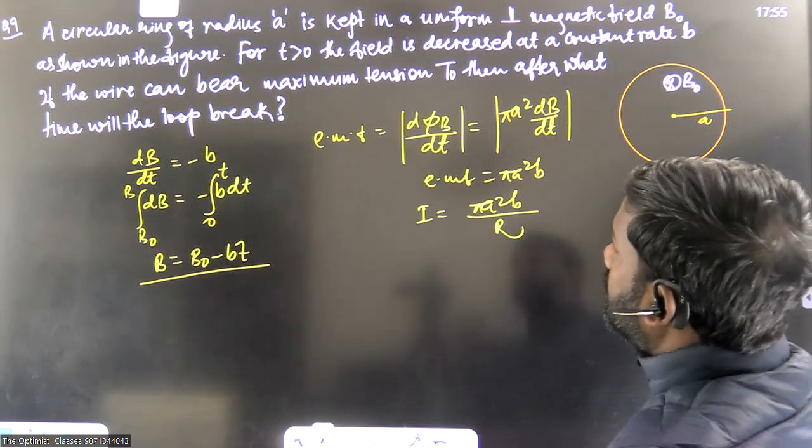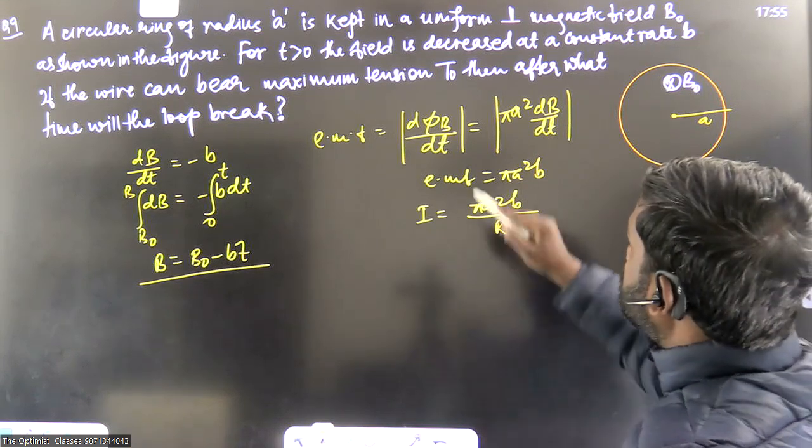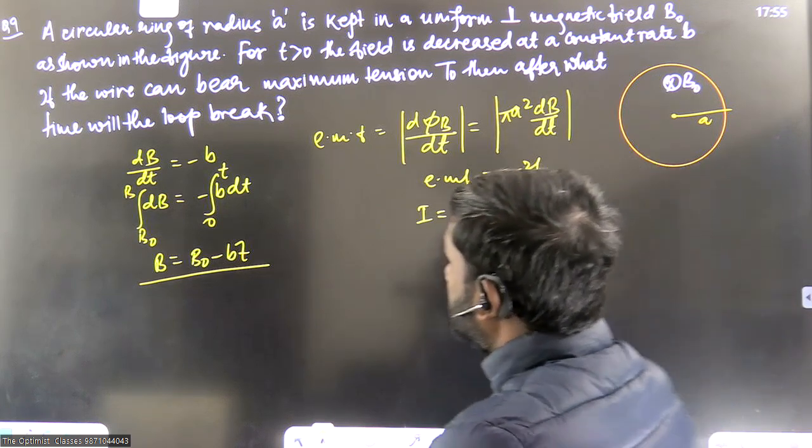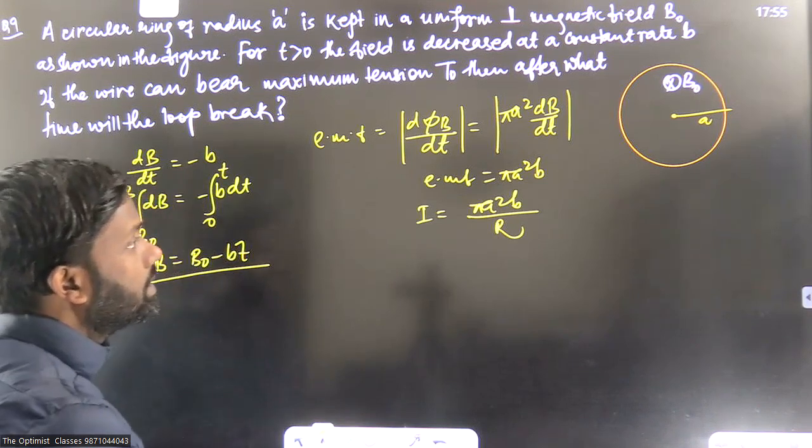says if the wire can bear a maximum tension T naught, after what time will the loop break? कितनी देर के बाद loop break हो जाएगा, ठीक है? So